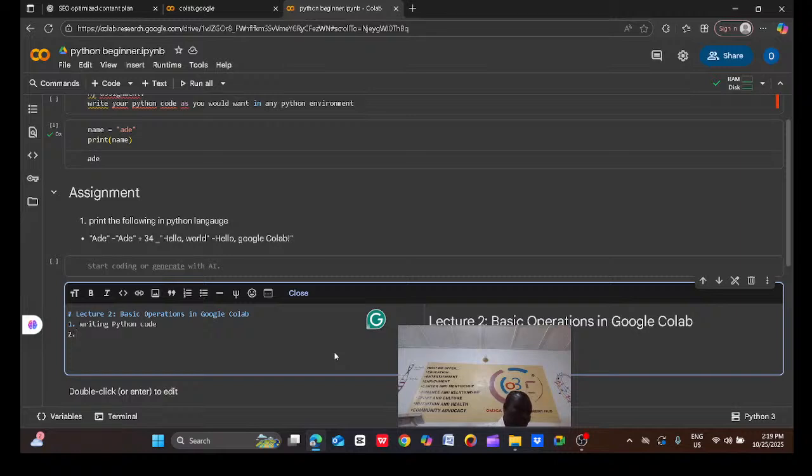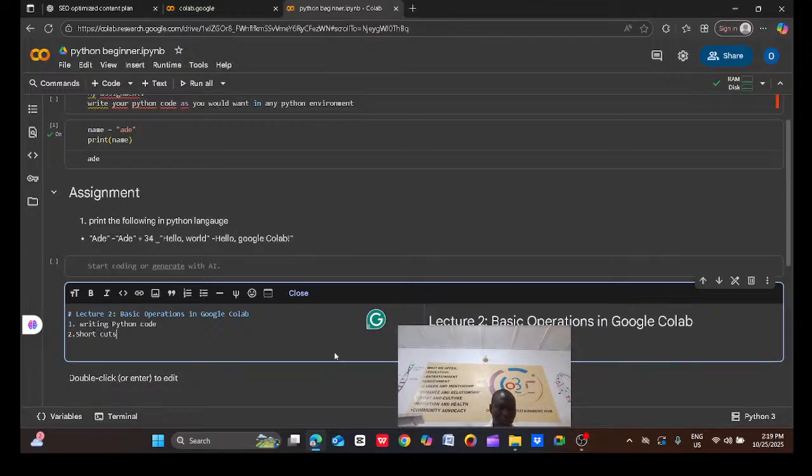We are also going to look at certain shortcuts in Google Colab. Then after that, we'll look at what is Python. What is Python?